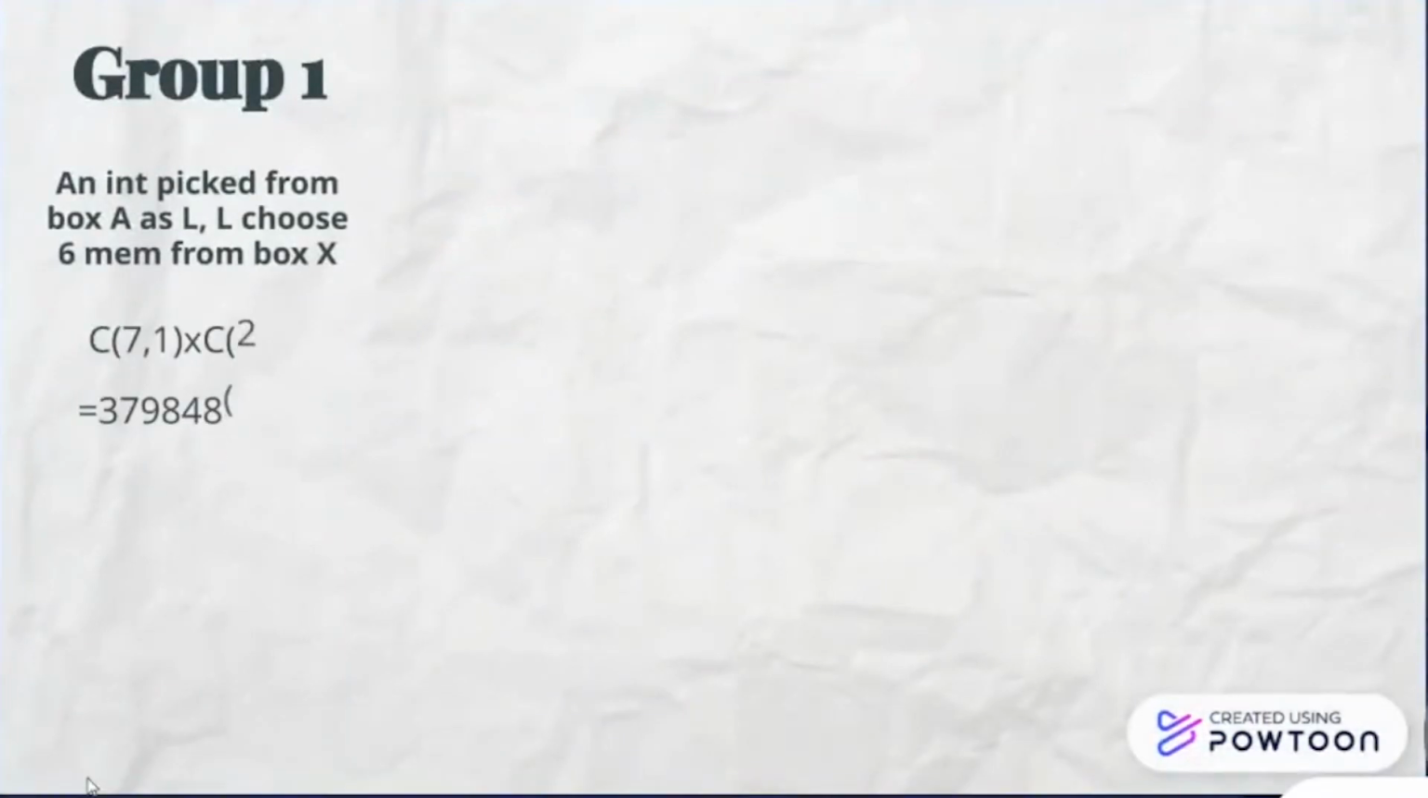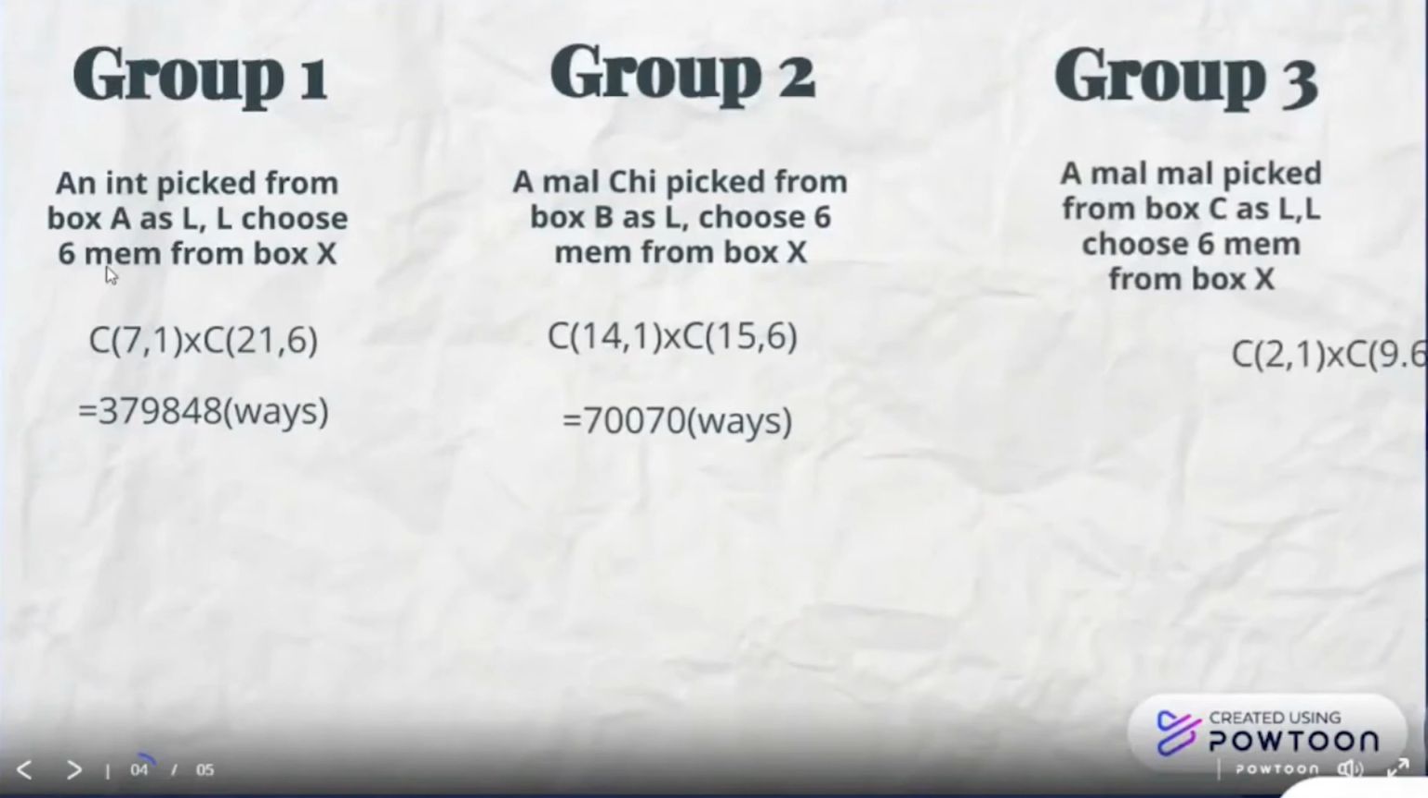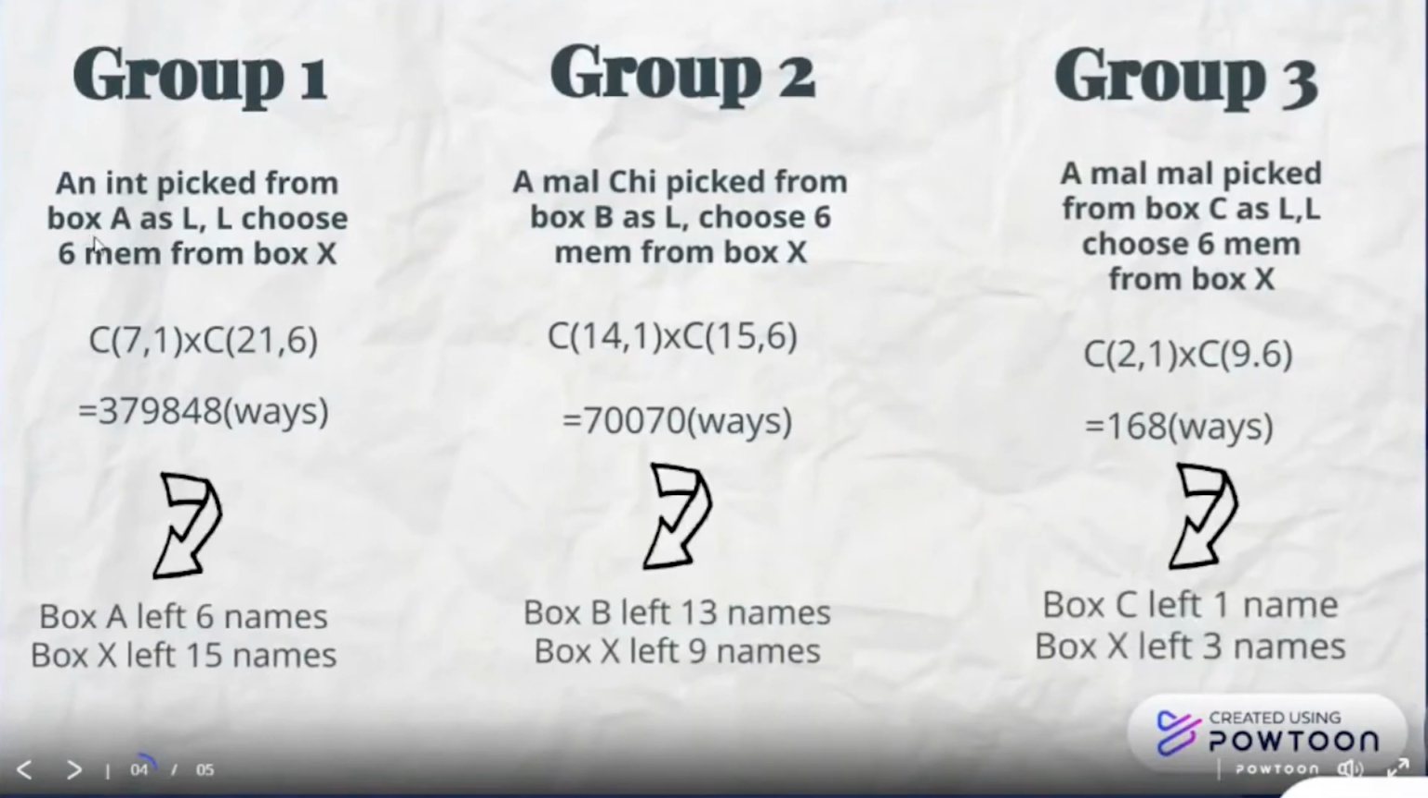Okay, so now we come to the result part. For group 1, an international student is picked from box A as a leader, and the leader will choose 6 members from box X. So here is the calculation. We get 7C1 times 21C6, which we get